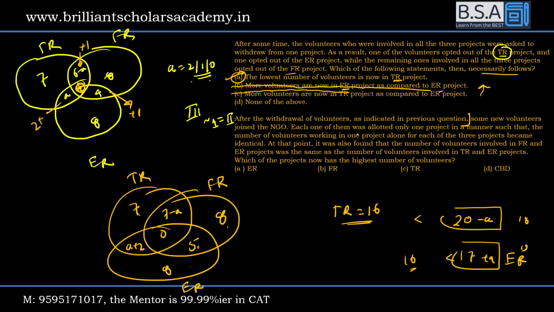Each one of them was allotted only one project. बाहर से नए लोग आएंगे लेकिन एक ही प्रोजेक्ट देना है। In such a manner that the number of volunteers working in one project alone for each of the 3 projects became identical. बाहर से volunteers आएंगे बट उनको एक ही प्रोजेक्ट देना है आपको। At that point, it was also found that number of volunteers involved in FR and ER projects was same as the number of volunteers in TR and ER projects।